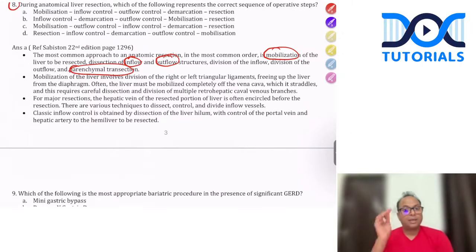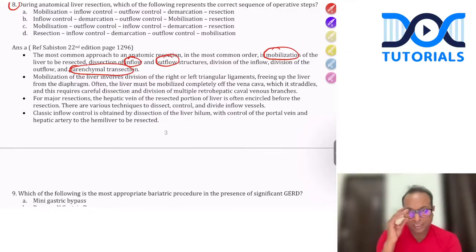Mobilization of the liver involves division of the triangular ligaments, freeing the liver from the diaphragm. Often the liver may be mobilized completely off the IVC, which it straddles, and this requires careful dissection. For major resections, the hepatic vein of the resected liver is often encircled before resection. There are various techniques to dissect, control, and divide the vessels. Classical inflow control is by dissection of the hilum with control of the portal vein and hepatic artery to the hemiliver